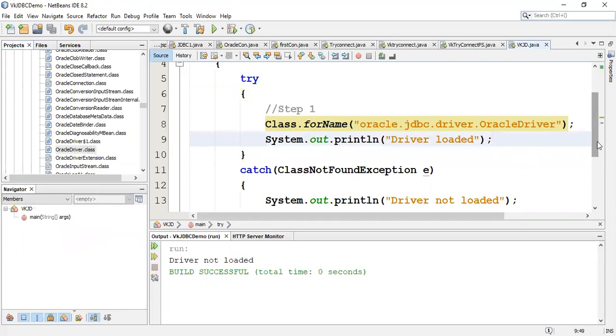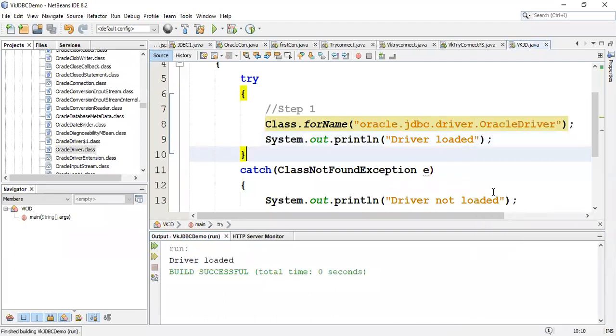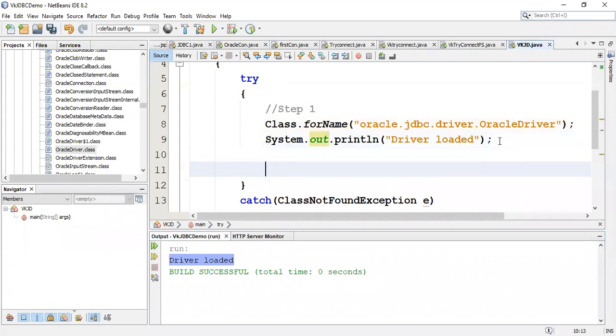Earlier, when I executed my program, it had shown driver not loaded. Still that output is there. Can you see here down in the output part? Yes. Now, after I have added these libraries, see when I run this, you can see the difference in the execution. What execution is it showing? Driver loaded. Why? Because I added that library here. Now my first step will be successful only when I add this jar file. Is it clear to you? Yes, ma'am.